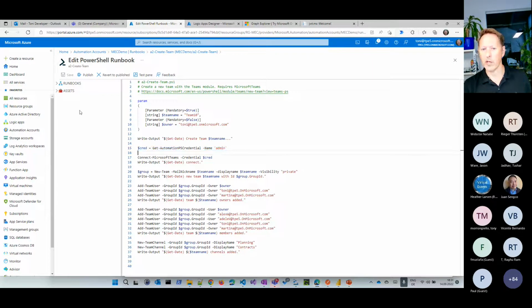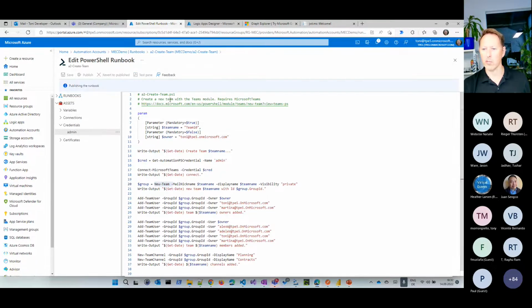By the way, we can access that by going to the credentials, which are stored in that automation account. I can say, please give me that, which I did here. I put it into a credentials object, and then I can authenticate with these credentials against, in that case, Microsoft Teams, because I added that PowerShell module. Here you can see I am doing some things: I create a new team with the Teams commandlet, I add some owners, I add some users, I add some channels to that.